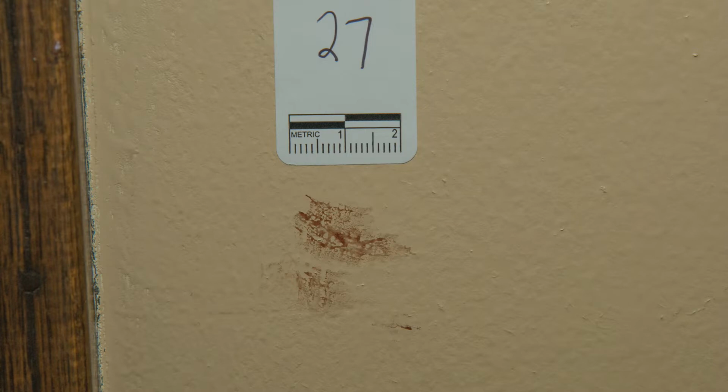There's no blood on the carpet that we can see. For people looking at this image of item 27, does this help us see when the bloody footprints were possibly on the wood floor? Meaning, can we tell which way the blood is being swiped in this image? Left to right, right to left. It doesn't look like north to south or south to north. Would you agree with that, Dan? It looks like left to right or...